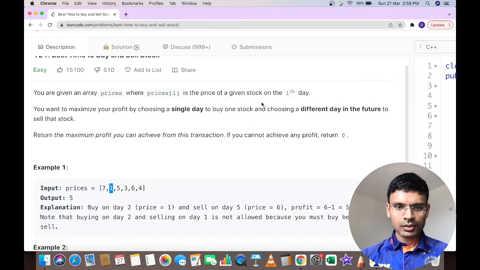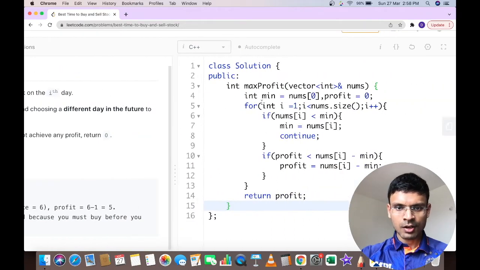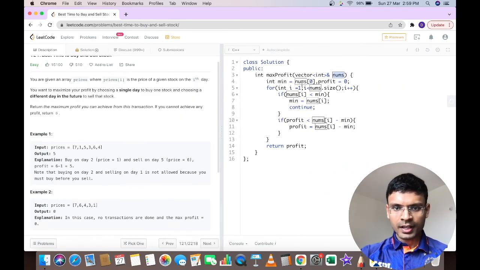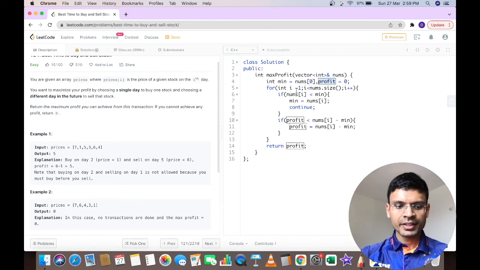So I have written a code for this as well. So let's see how this looks like. So we are given an array, and I have initialized the minimum value as the first index of the array, and the profit has been initialized to 0. Now we are iterating through the array from the first index till the last index,